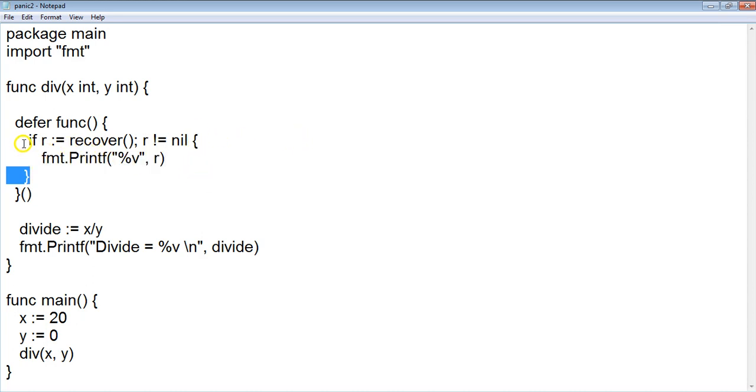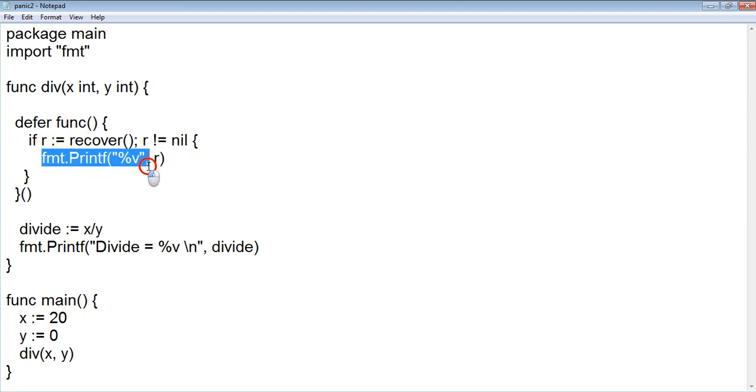Okay, so what it does is it's going to execute a recover function. This is an inbuilt function again, as I was telling you. So it is going to regain the control of the panic subroutine. Since the value of y is 0, it's getting panicked and it is going to exit as a runtime error. So it is going to actually recover it just in the same way as an exception is caught by a catch phrase in Java or other programming languages. It is going to recover the runtime error, and it's going to put it in a variable r here. And if the value of r is not equal to null, it's going to have some value.